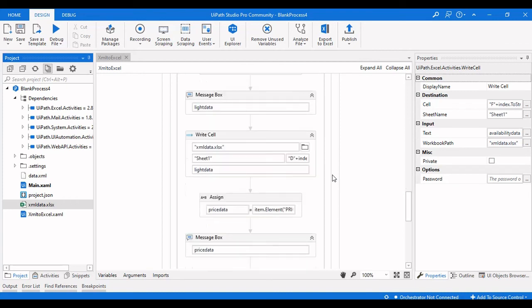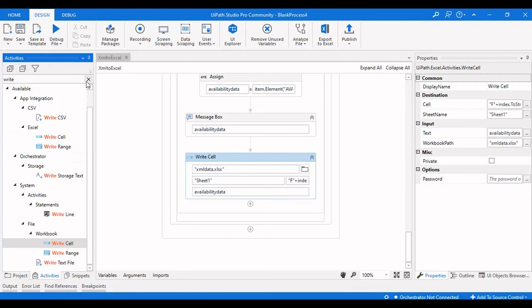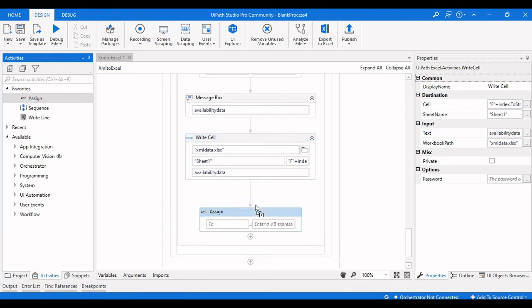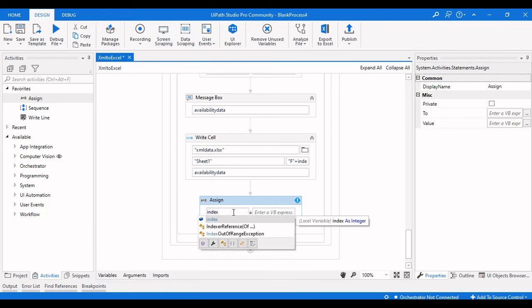Okay, we forgot to increment the value here, so we need to increment this particular value to the next level in order to enter that particular data in the next row.